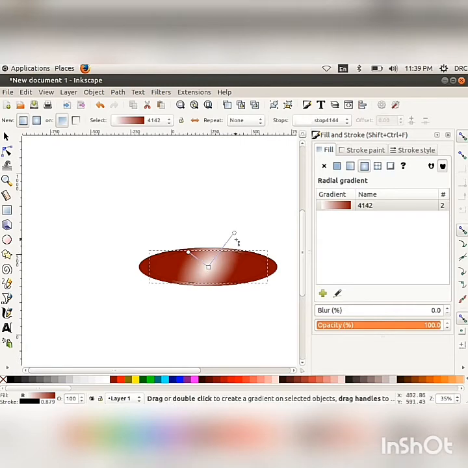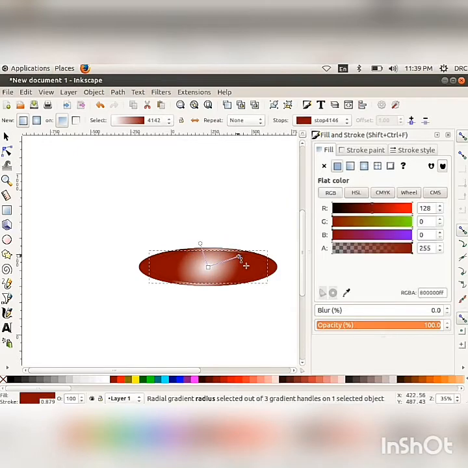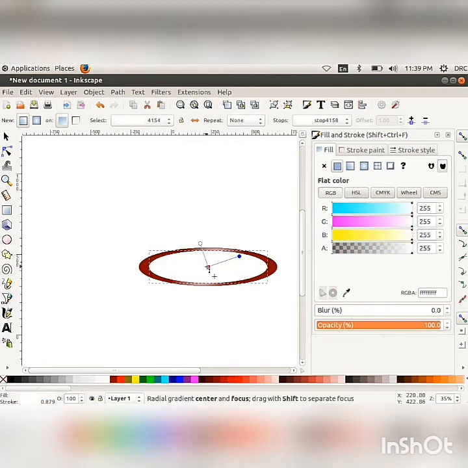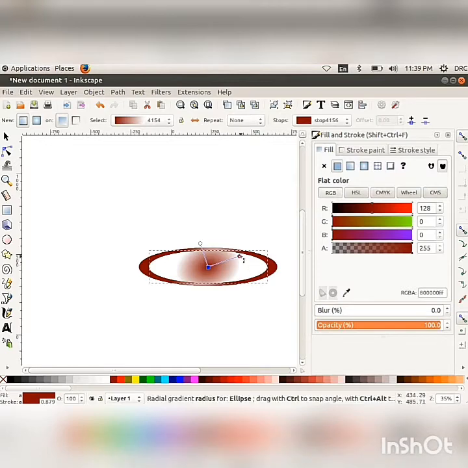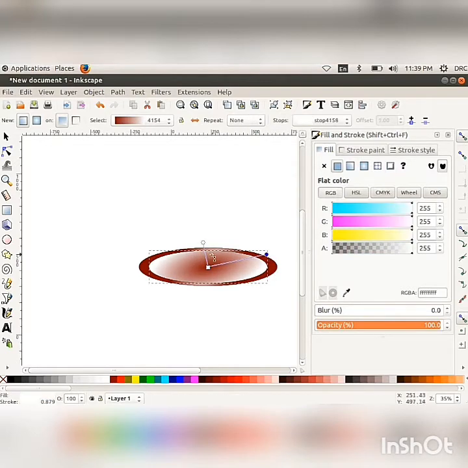Gradient selection appears on the gradient portion of the duplicate image. Select the outer node of the gradient, then change it into white color, then change the center node into dark color. Then adjust the position of the gradient color.